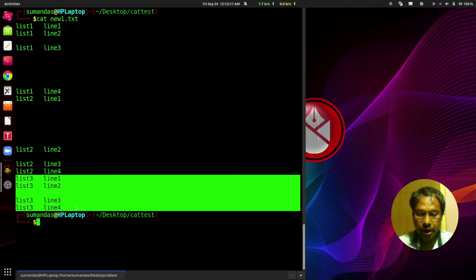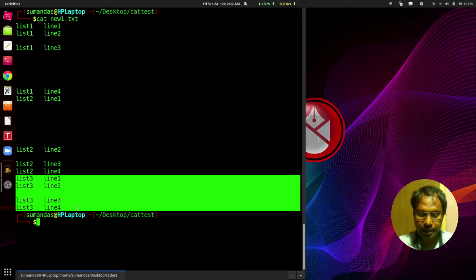So the three files' contents have been concatenated into a new file. So that is the way we can use the concatenation of two or more files using the cat command.